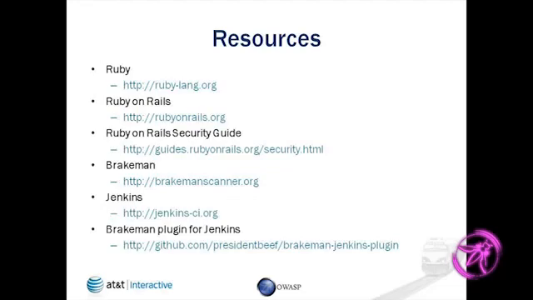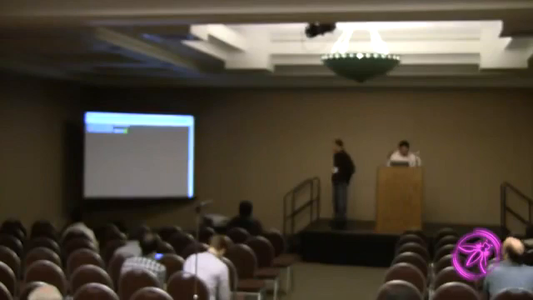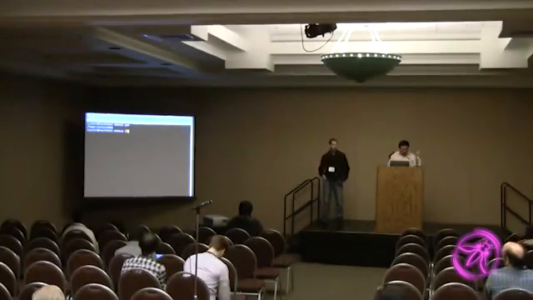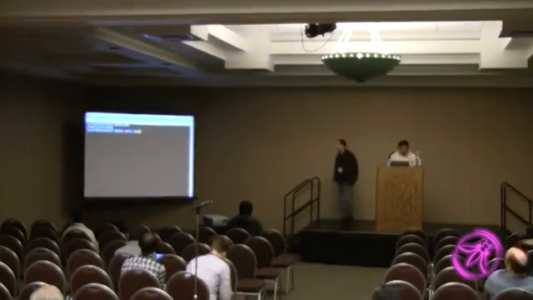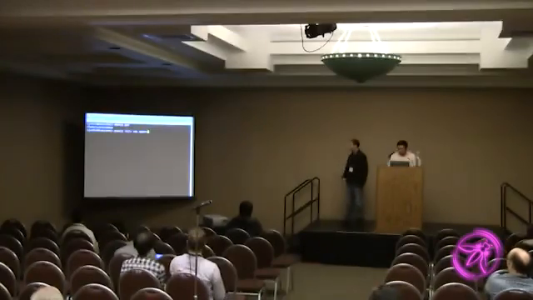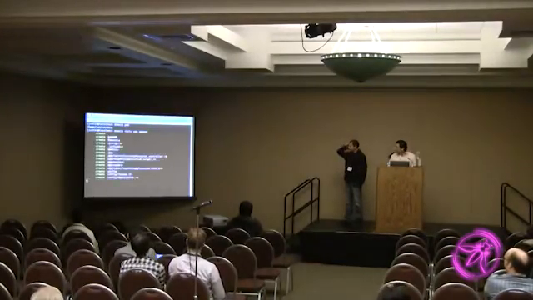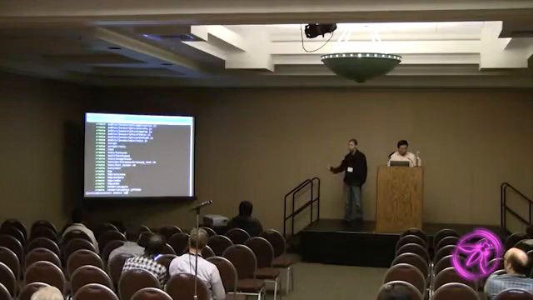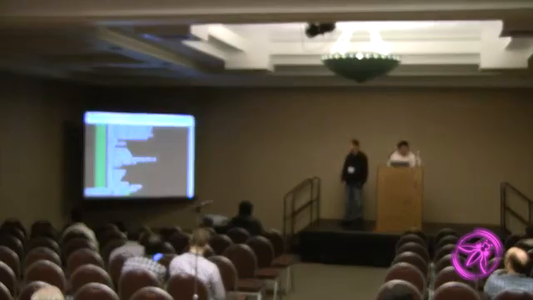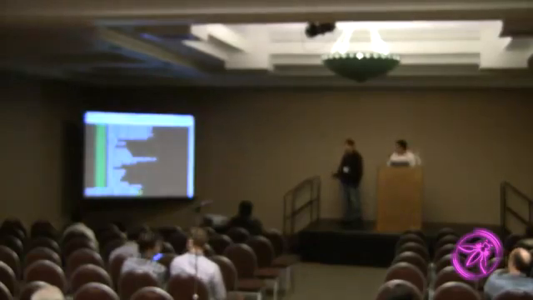Alright, so I'm going to talk and Tim is going to type. So the first thing we're going to do is create a new Rails application. And this is using Rails 3 something, 3.0.9, something like that. So if we just run Brakeman,